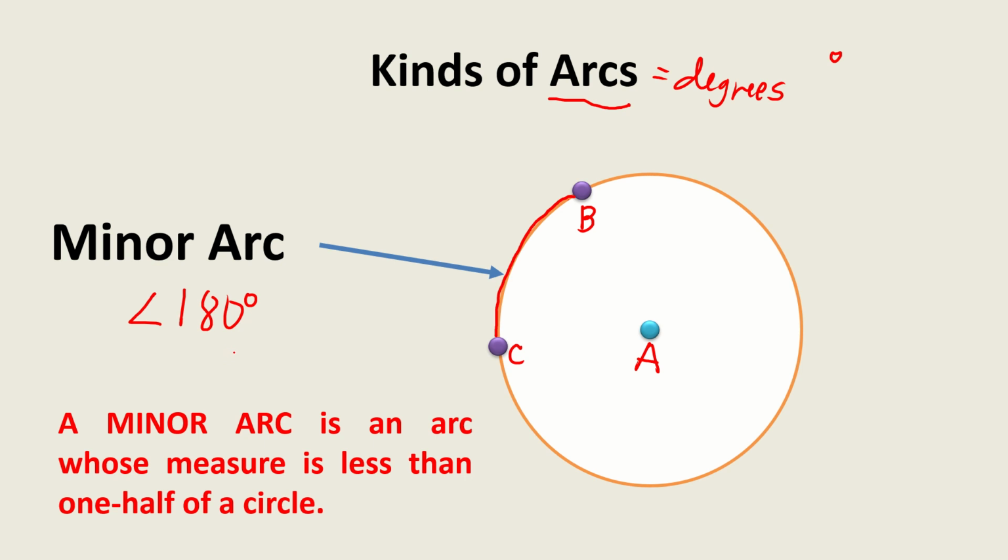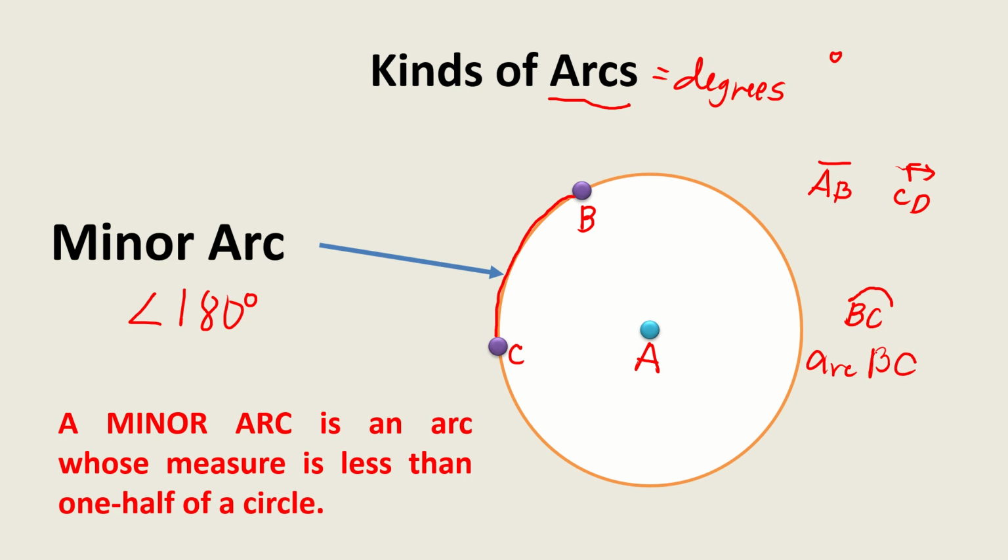So paano ba pinapangalanan yung arcs? So kung sa line segment, di ba kunwari, segment AB, yun yung symbol natin, di ba yung nasa taas na to? Or kapag line, edi line CD. Paano kapag arc? So kapag arc po, we have parang curve line lang po, parang arc. So ano yung dalawang endpoints pa rin? B, C. So we are naming minor arcs using two capital letters. So itong symbol na to, this is read as arc